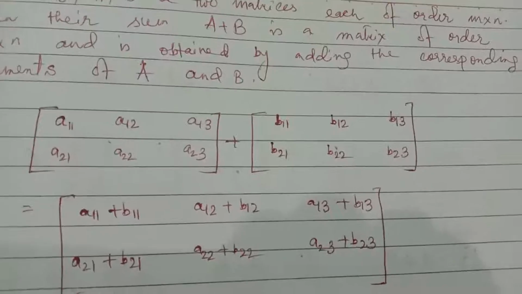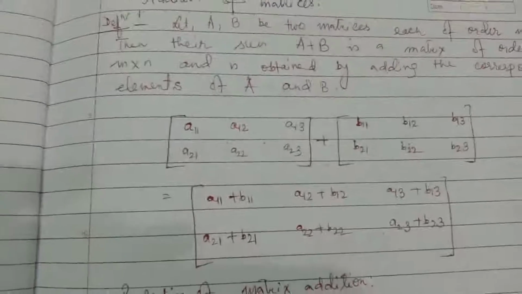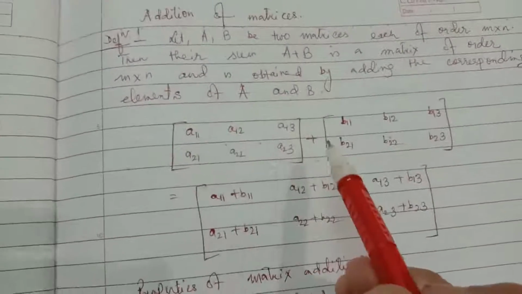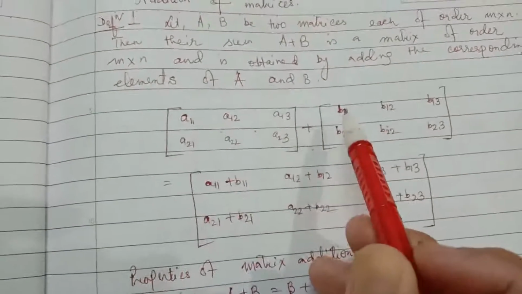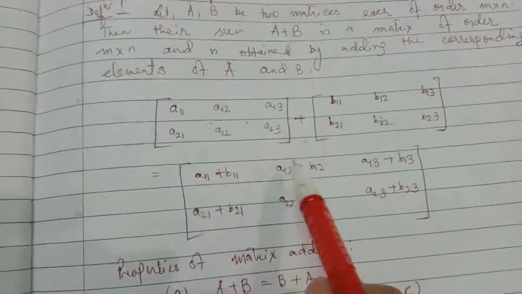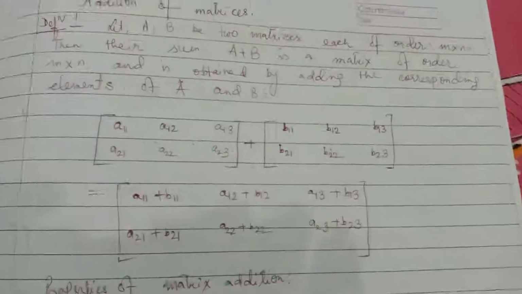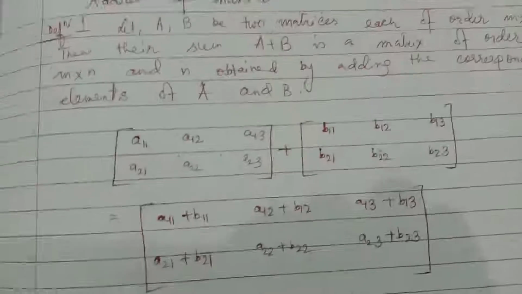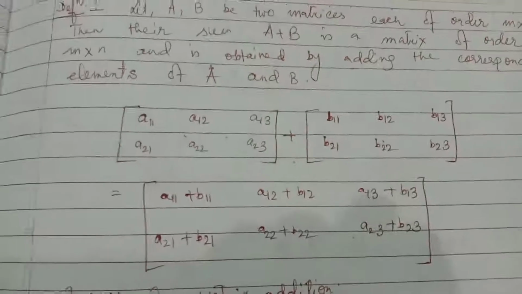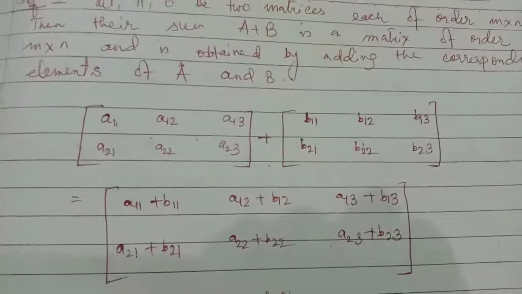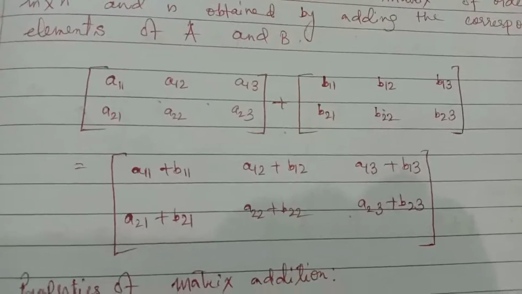Similarly, we can subtract one matrix from another matrix. Suppose first matrix, this matrix minus this matrix. Then this will be A11 minus B11 for subtraction. It will be minus, minus, minus, minus, etc. So in this way we can add two matrices, or subtract one matrix from another matrix. Addition and subtraction are possible, or conformable, if they are of the same order. And to add the matrices, we have to add corresponding elements.